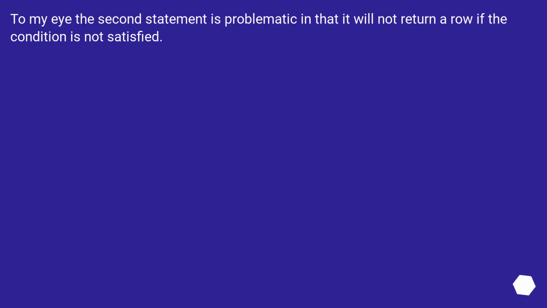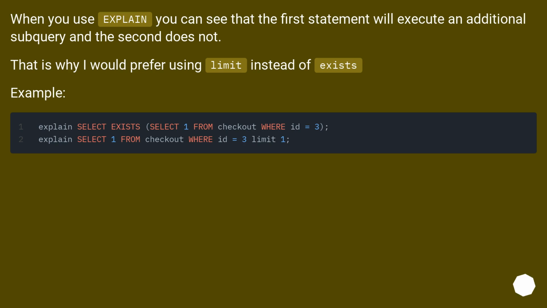To my eye, the second statement is problematic in that it will not return a row if the condition is not satisfied. When you use explain, you can see that the first statement will execute an additional subquery, and the second does not. That is why I would prefer using limit instead of exists. Example: